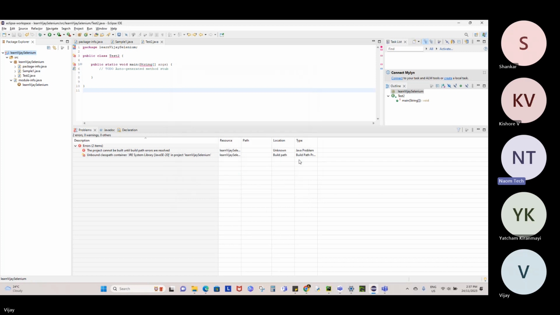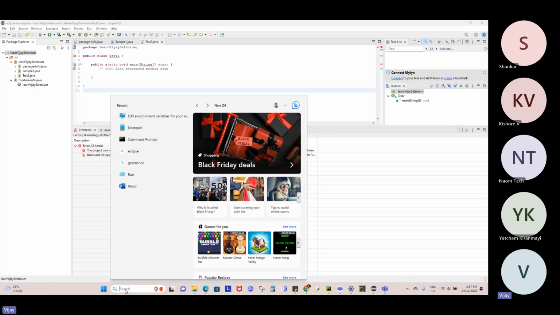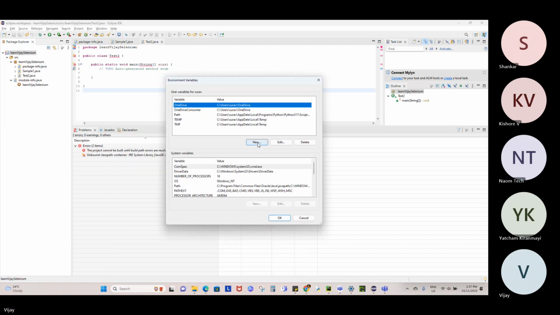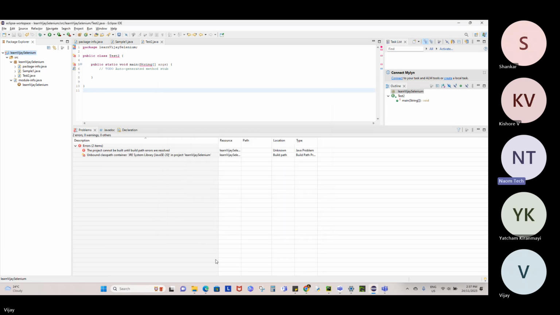Not sure why again it's showing. Mm, there is some kind of issue here. I thought we just need to build the environment variables. No, that is not needed for Eclipse, Vijay. But anyhow, we'll try all this. We'll go one by one, okay? We'll fix it. That's not a big problem. Just close this. Again, go to the project, right click, build path,